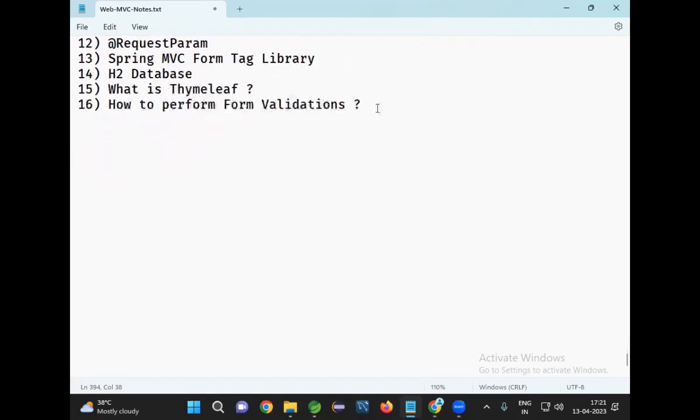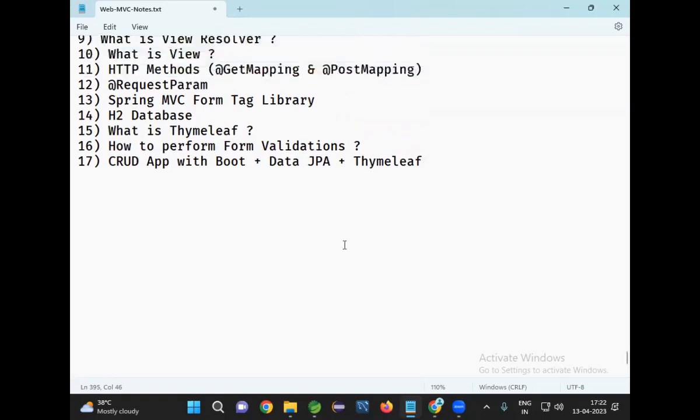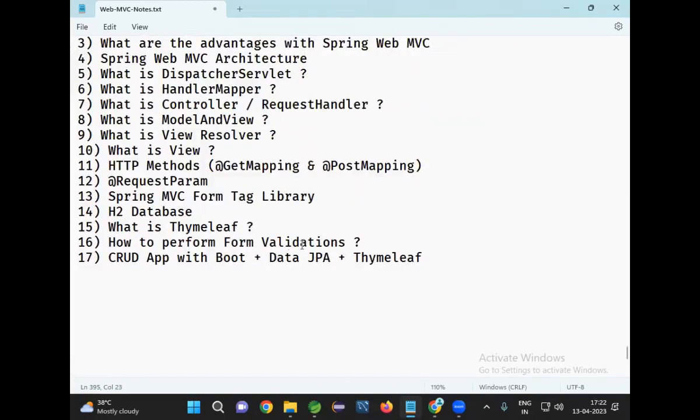After that, we implemented CRUD operations by using Spring Boot and Thymeleaf. CRUD application with Boot plus Data JPA plus Thymeleaf. Right? So in the last application that we implemented by using Thymeleaf, we are able to insert the record, retrieve the record, edit, and update the records also. CRUD operations we have completed by using Boot with Data JPA with Thymeleaf, Boot plus WebMVC plus Data JPA